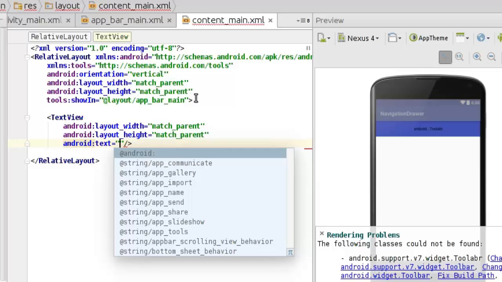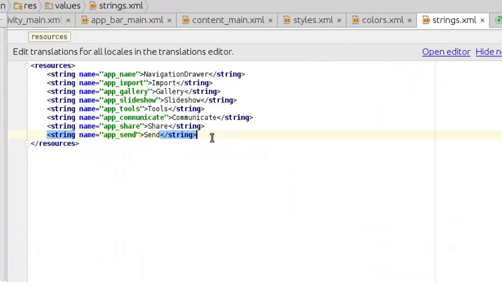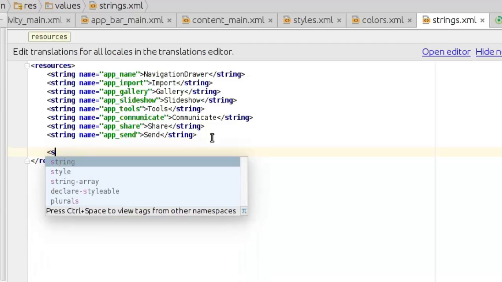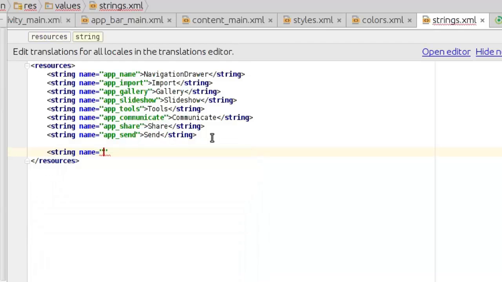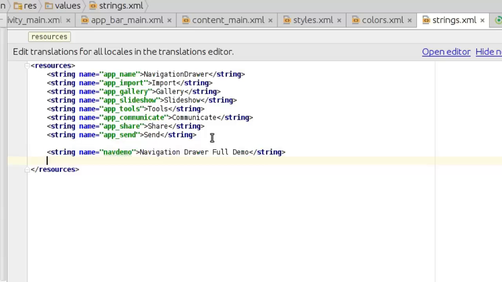We're going back to the strings. Let's have the string values. We need to add more to this. First string name will be nav demo. We're just going to inflate just 3 menus. We can't do all menus, just 3 of them. So you get to integrate for others. It's just for demo purposes. So this is the string value for this particular name. Another one